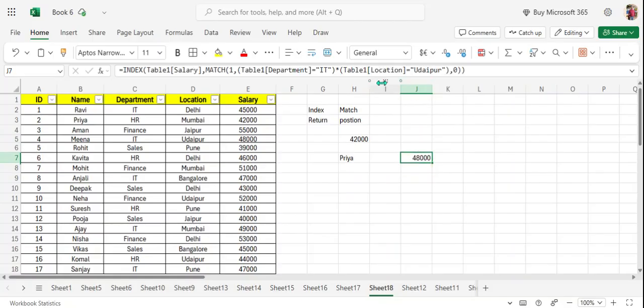Here we use the two conditions. Here you can see in the formula bar, location and department. So with our two criteria, department and Udaipur, we find the salary of the employee. Got it? So this is the third practice. Next,